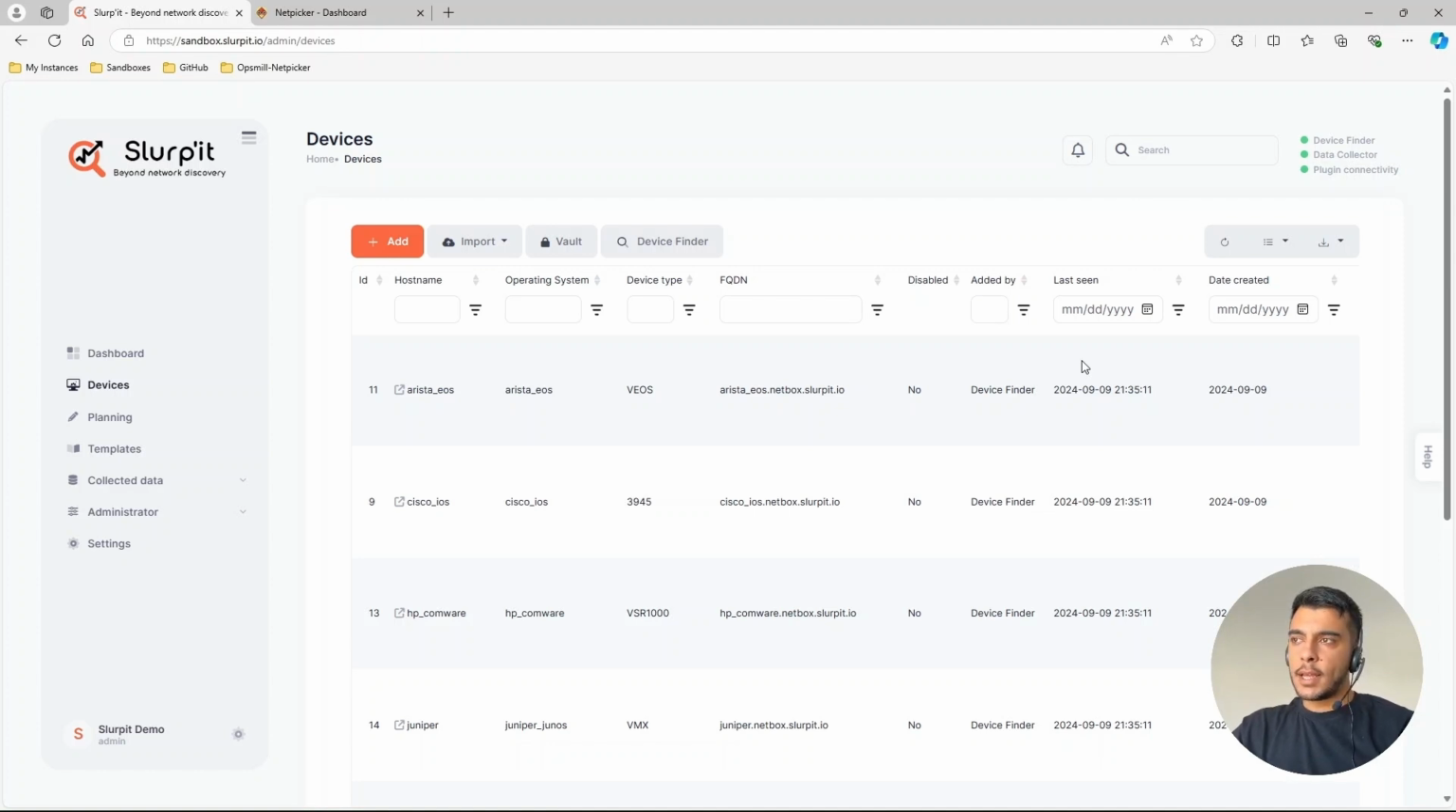So the plan is, first, we're gonna use Slurpit to find a device. I already have the device. Then you have to run some plannings, specifically ARP in this case. The ARP planning against that particular device, I've already done that as well. And I will look into the collected data of this particular device in Slurpit, and we'll see how Slurpit does